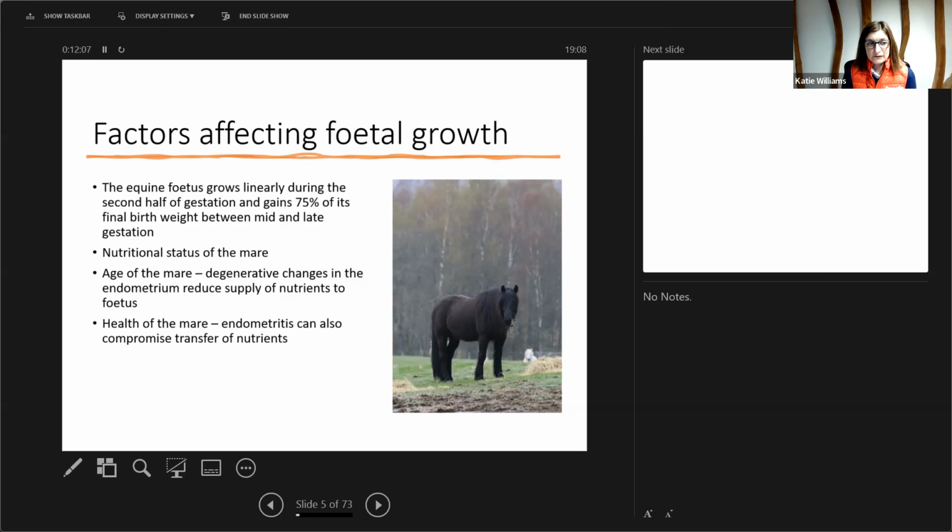Obviously, nutritional status of the mare will have an impact. If she's already underweight and in poor condition, then you're trying to feed her up, and in that case you are going to feed her more because she needs to gain weight. But in a healthy weight mare at the start, you really aren't using a lot more energy than they would need for maintenance. The age of the mare and the health of the mare are two factors that can